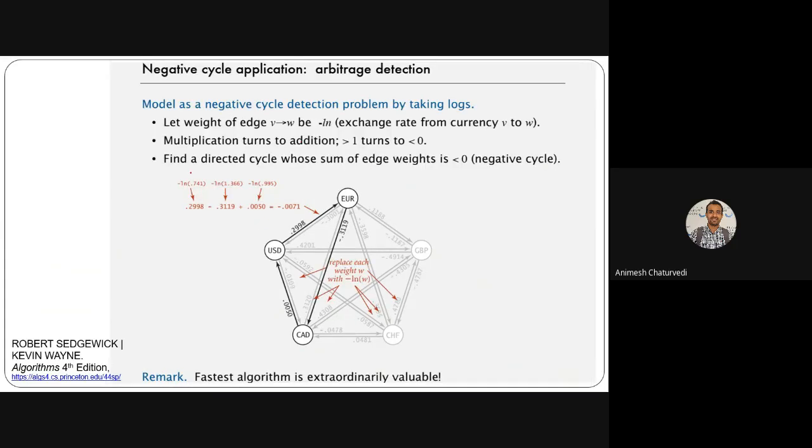So what you can do is take the negative of log. That negative of log will give you the value. Why? The log of 1 is equal to 0. The log of something less than 1 would give you a negative value, and the log of something greater than 1 would give you a value greater than 0, meaning positive. So positive, negative, and this is equal to 0.